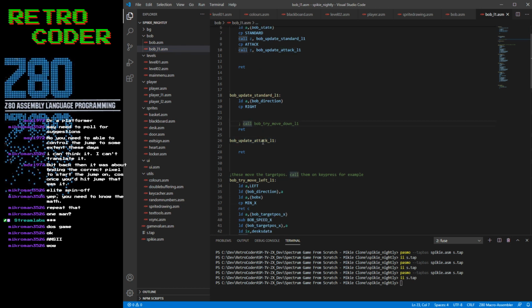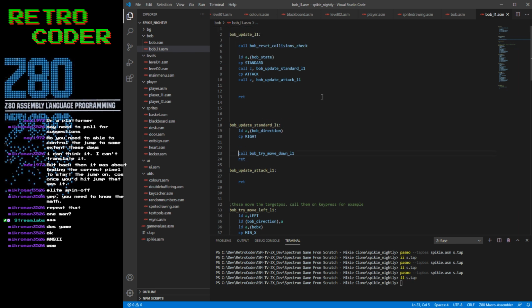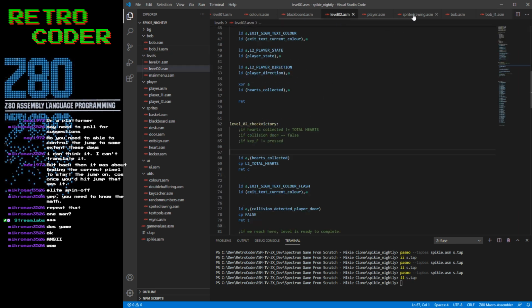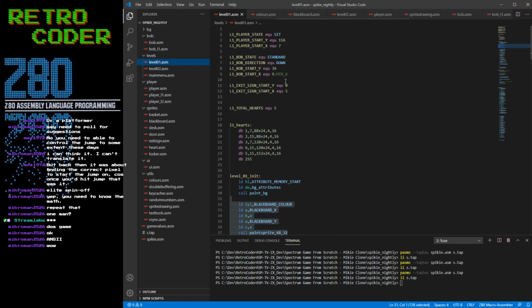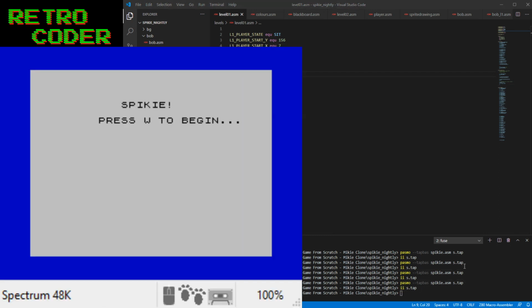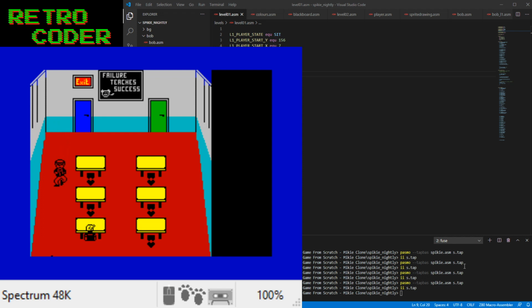So if you remember, I made him walk down, didn't I? And I moved him over to the minimum X. And I managed to make him turn when he hits a wall. And that was as far as we got. There he goes. When I tried to introduce the random movement,